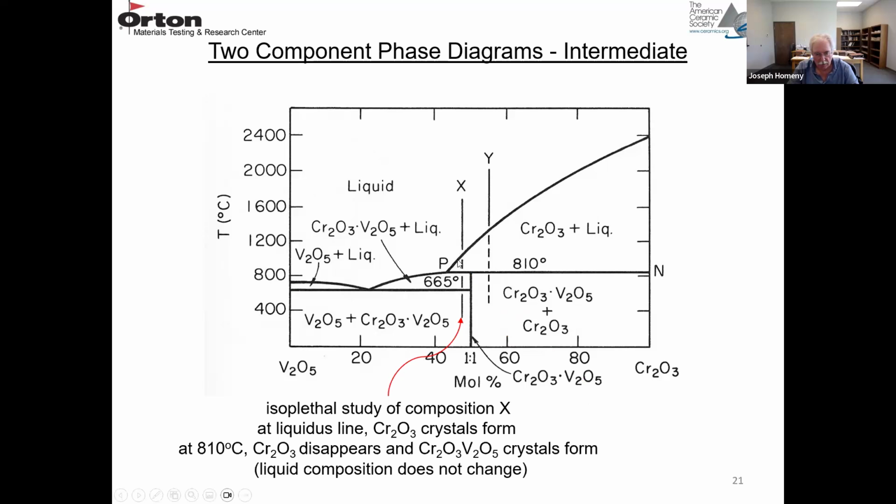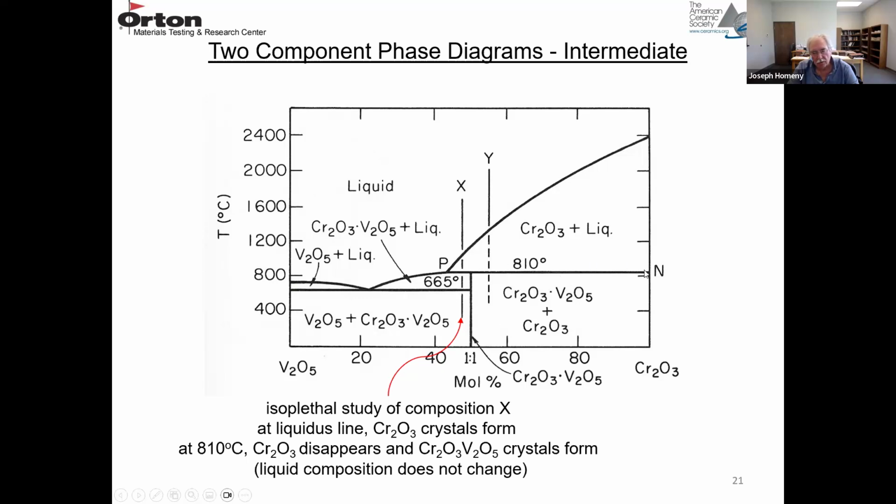So if we look at X, this composition X, and we can cool down and see what happens. So these are isoplasmal studies, just these cooling studies. So we're looking at composition X at the liquidus line right here. So you have Cr2O3 crystals forming right here. Then if we go down to this solidus curve here,